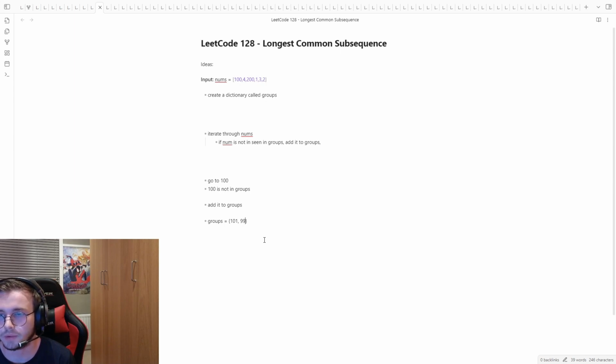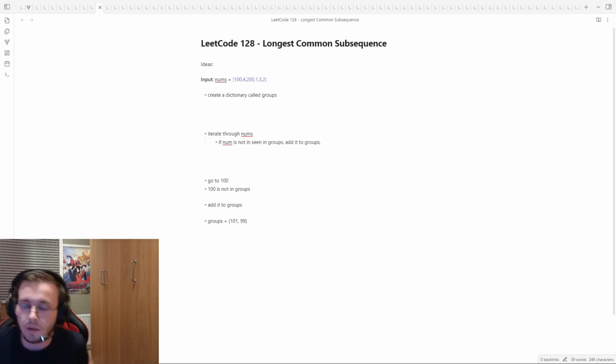No, I'm a bit stuck here. Go to 100. 100 is not in groups, add it to groups. I think what I'm actually going to end up doing is watching through some of the NeetCode, like almost like his walkthrough for this, because I found that